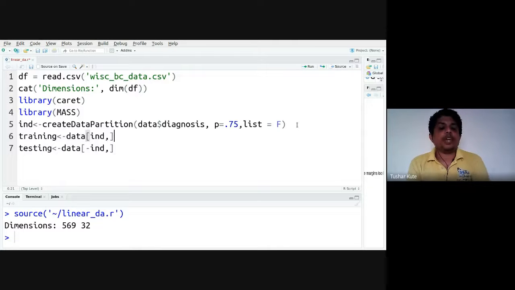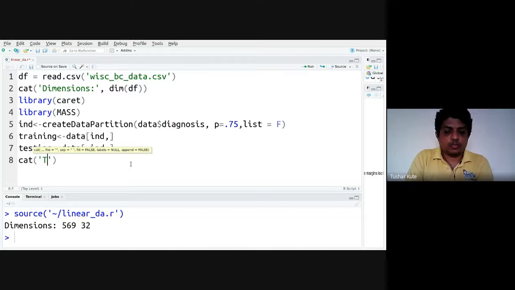Then the same way that we used in the previous case is applied here. Training data is equal to data of the index, 75% in training and 25% in testing. Let's see how many entries are there in training.